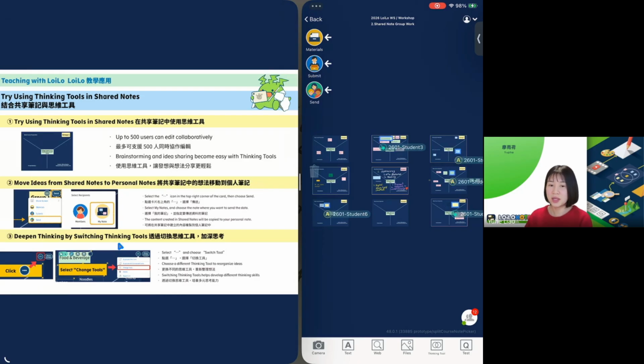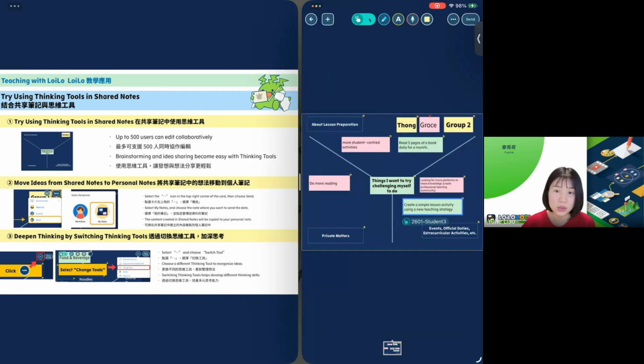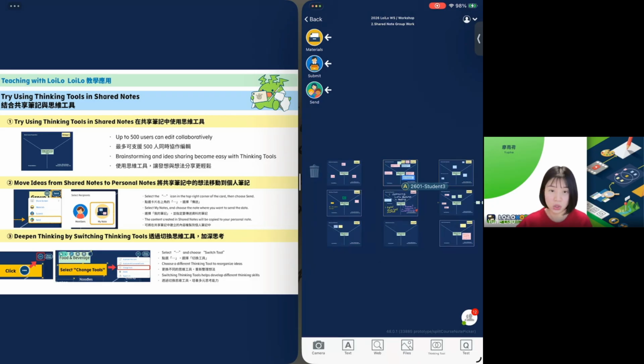So as you can see, when we finish the class share note and the group share note, let's say I really want this card to be in my private note. Because we talked about it, if you want somebody else's ideas, you don't just delete or edit in the group share note, because if you misoperate it, you might delete somebody else's work. We don't want to see that happen. So everybody, please pick a card